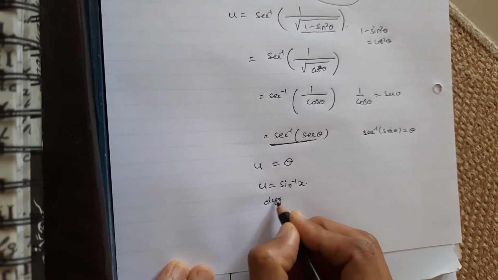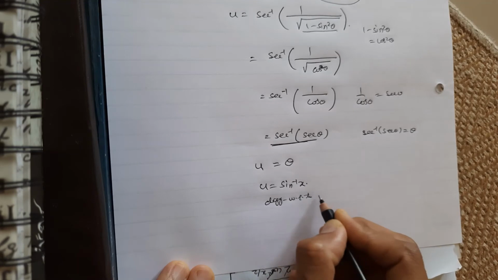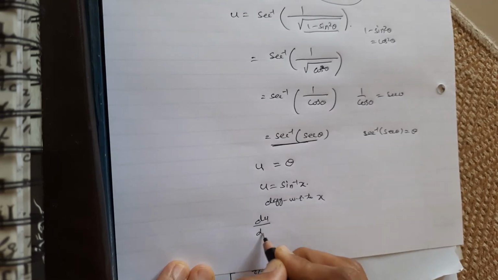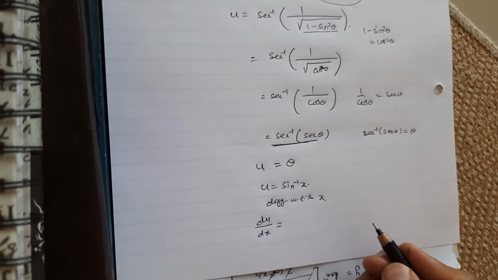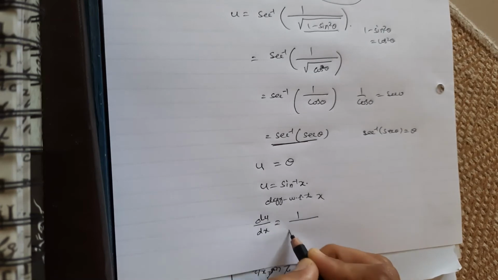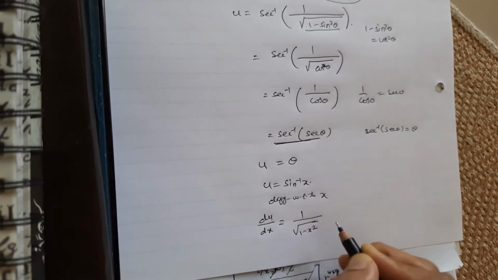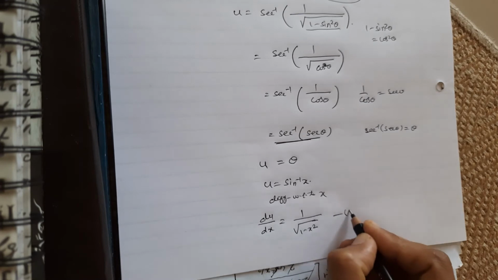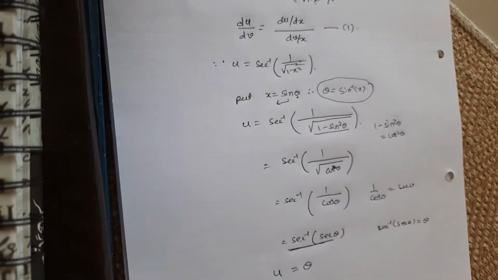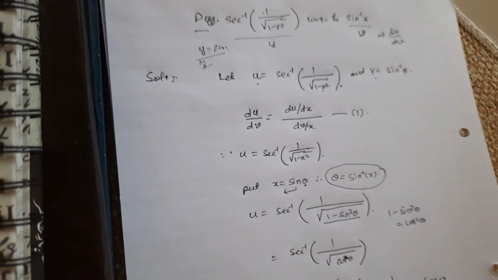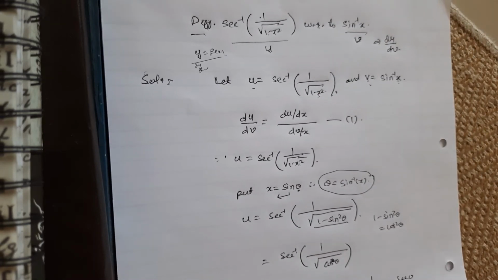Now differentiate this with respect to x. I will get du by dx equal to, what is the derivative of sine inverse x? Just see in the standard formula and tell me what is the derivative of sine inverse of x. Yes, it is 1 upon root 1 minus x square, correct. So this is the one, let it be equation number 2. Now what is my v? v is sine inverse of x again. So I will just differentiate it again. Just let me change the page here.